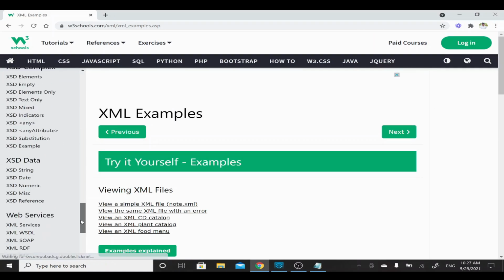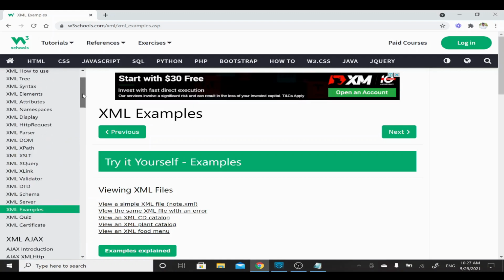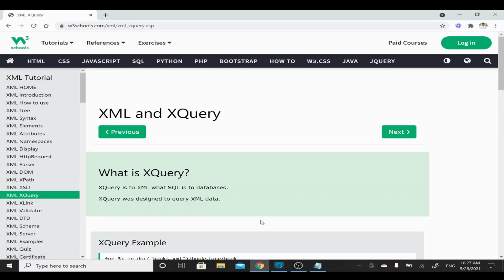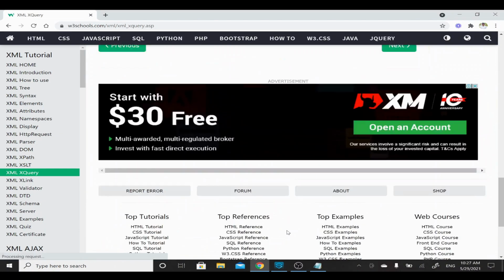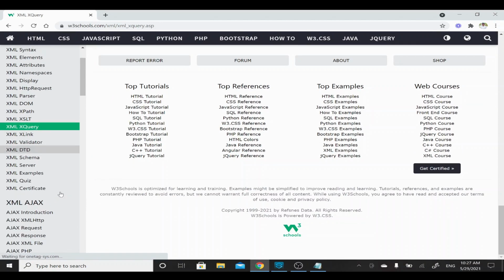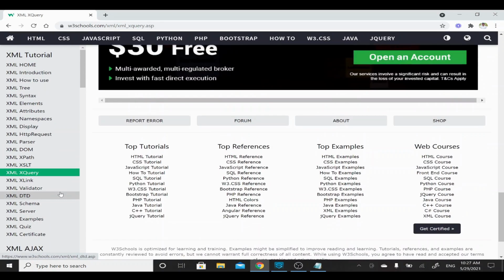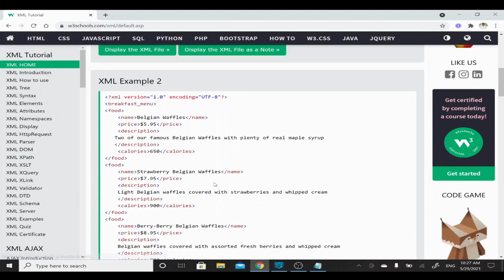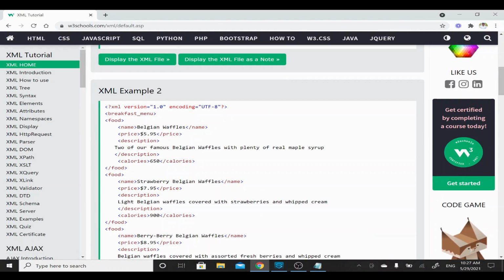So yeah, I'll just go to this XML XQuery. I'm just trying to see is there any sample available. Yeah, so I'll just take this sample. I'm in the XML home. There is an XML example 2.